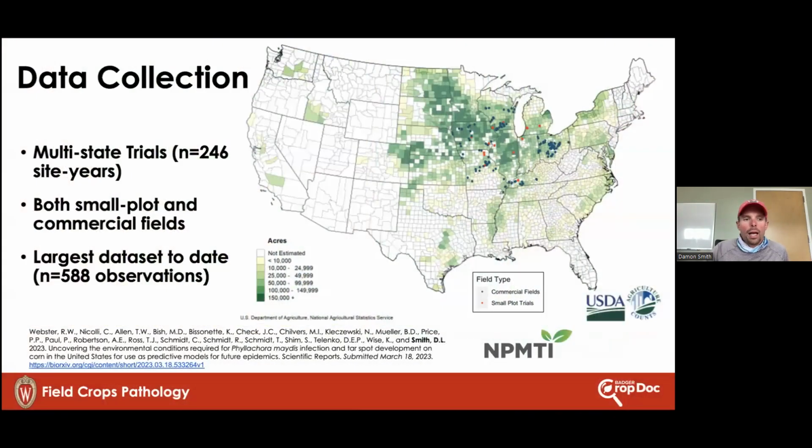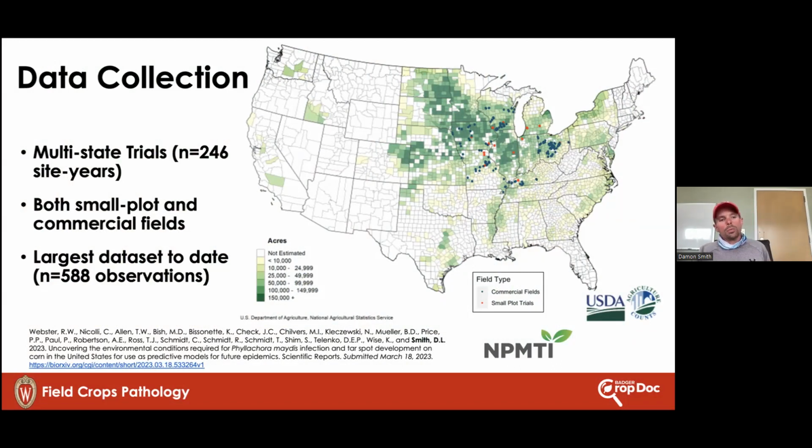So what does our modeling say? We do have quite a bit of work that's being reviewed right now in the journal Nature Scientific Reports. We made it through the first iteration of reviews there. Reviews were quite positive. So the idea there is the work is very sound. This is publicly available. I have the link and the citation in the bottom part there.